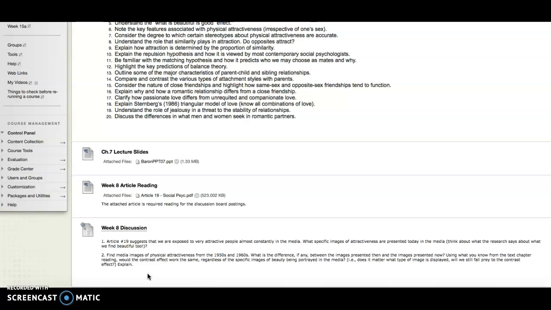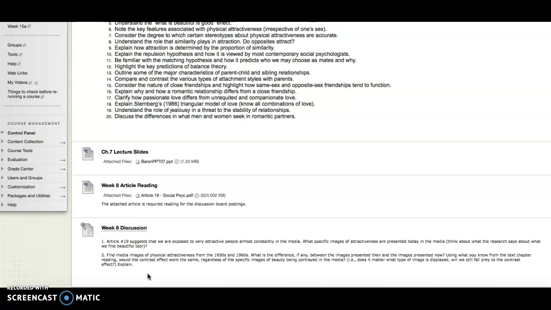Specifically, does it matter what type of image is displayed? Will we still fall prey to the contrast effect? So even when we're talking about things other than beauty, like, let's say, material objects or career path, does the contrast effect still work? Do we still compare in that manner? And this is actually